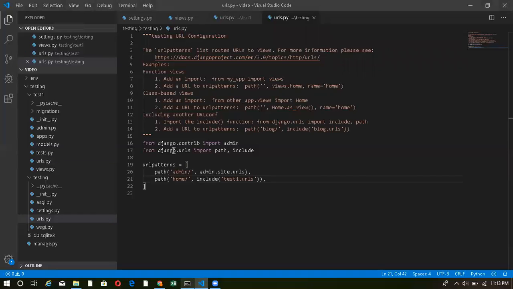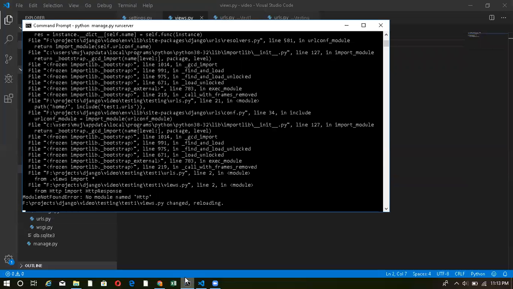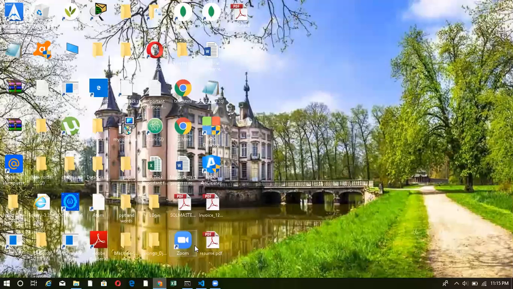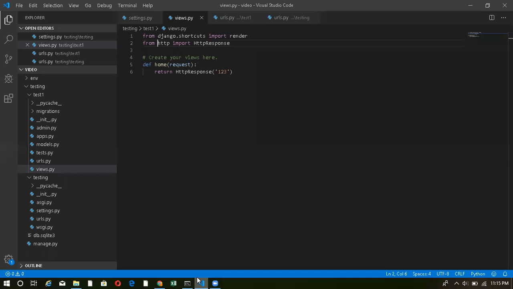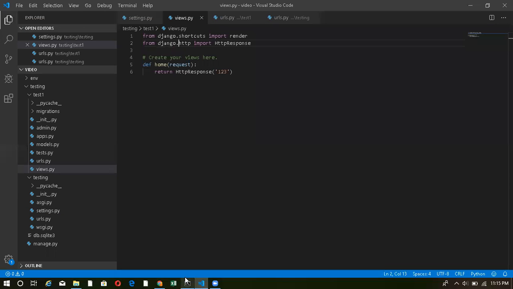Okay, there's no module named HTTP. Wait, let me see, now does it work? Okay, now I actually have to write the HTTP. Views is not defined. Okay, my urls.py.